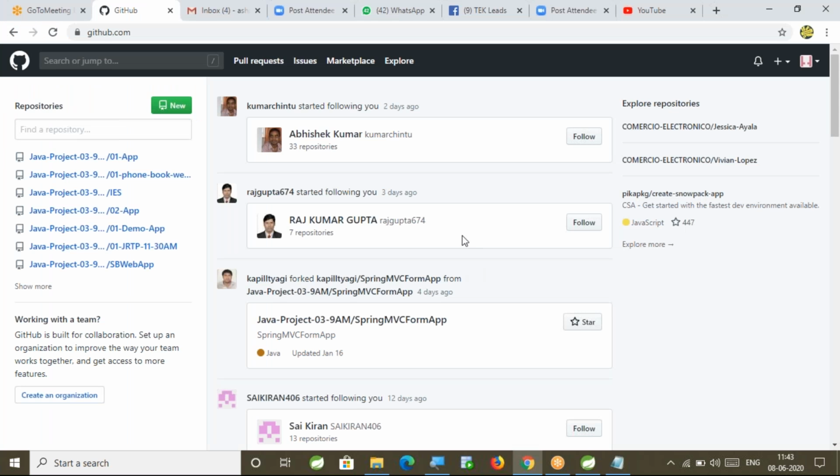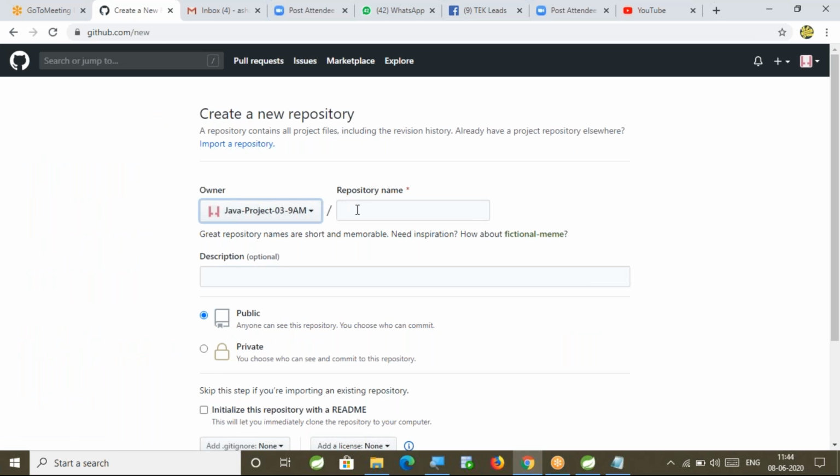Before going to start this, I'm going to create one new repository in our GitHub account. So here I'm creating a Spring Boot application repository. Let me create it as 20 Spring Boot application.